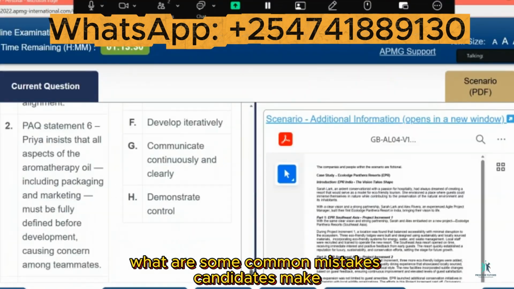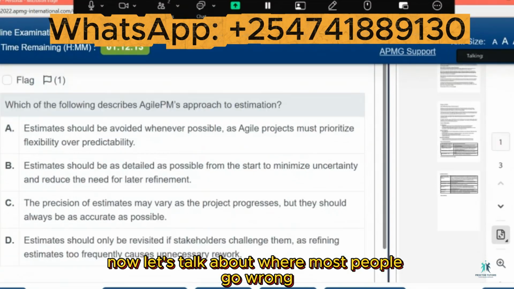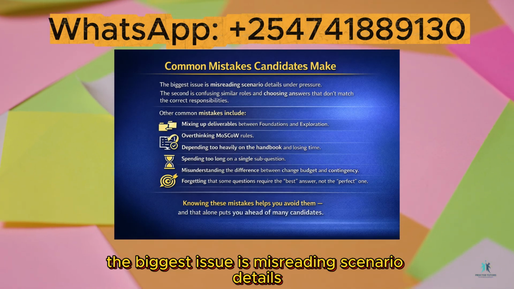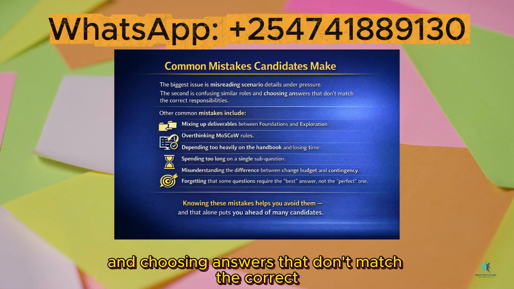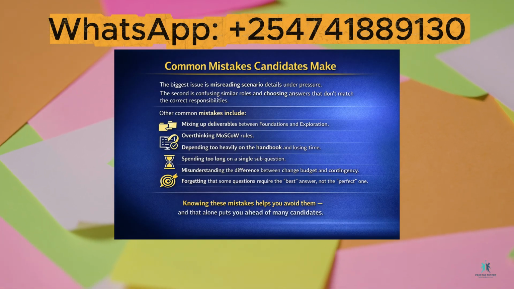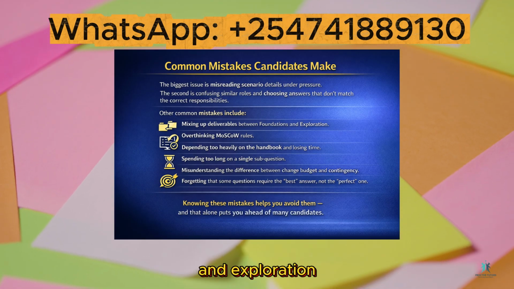What are some common mistakes candidates make? Now, let's talk about where most people go wrong. The biggest issue is misreading scenario details under pressure. The second is confusing similar roles and choosing answers that don't match the correct responsibilities. Other common mistakes include mixing up deliverables between foundations and exploration,